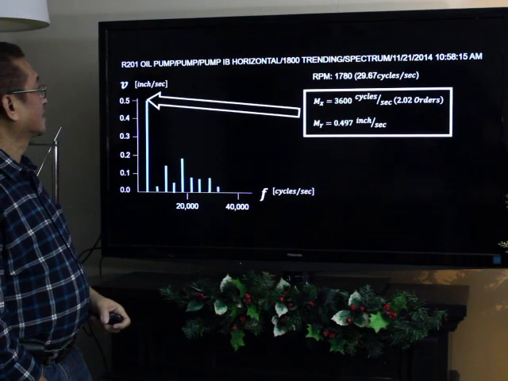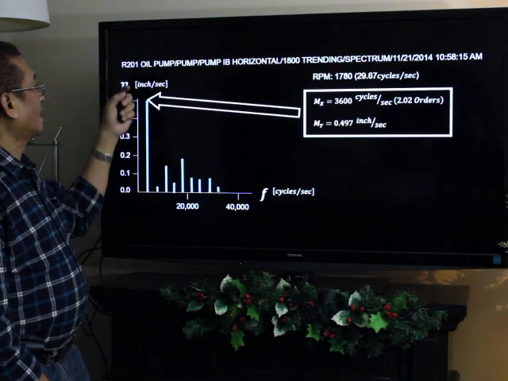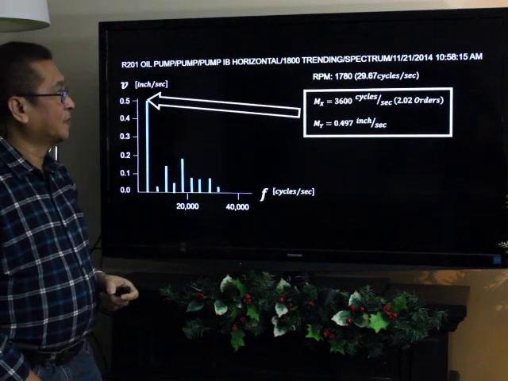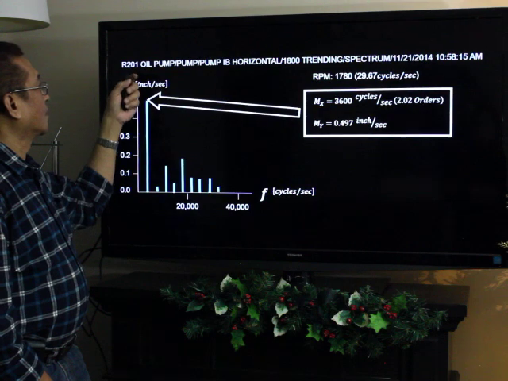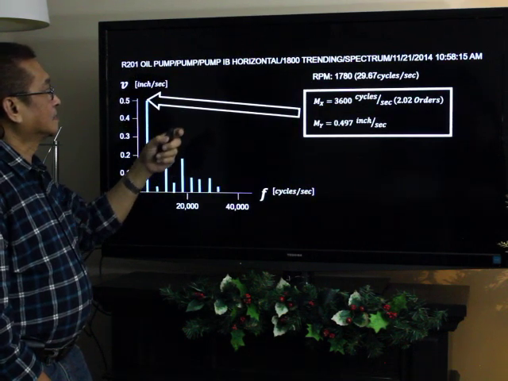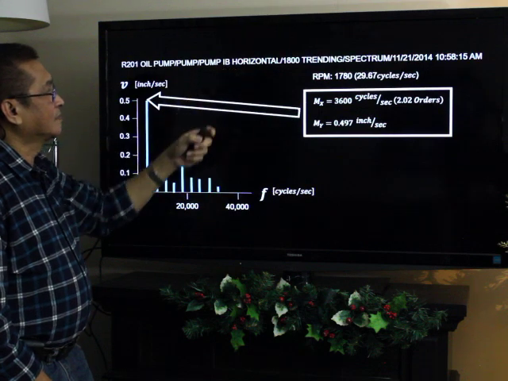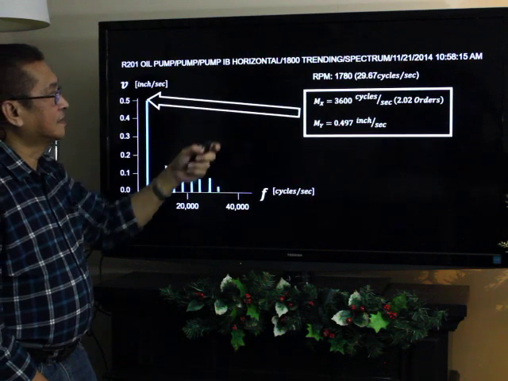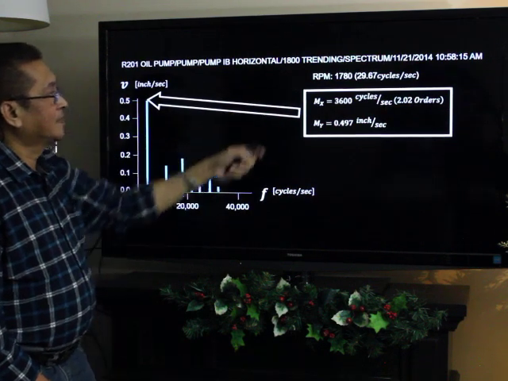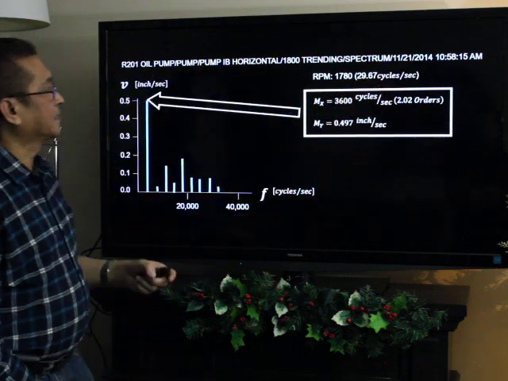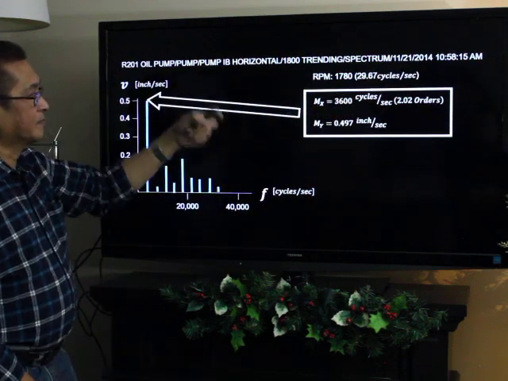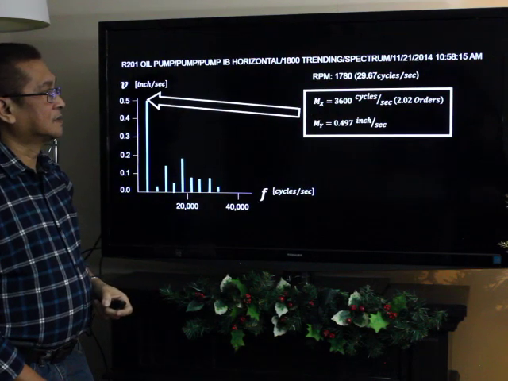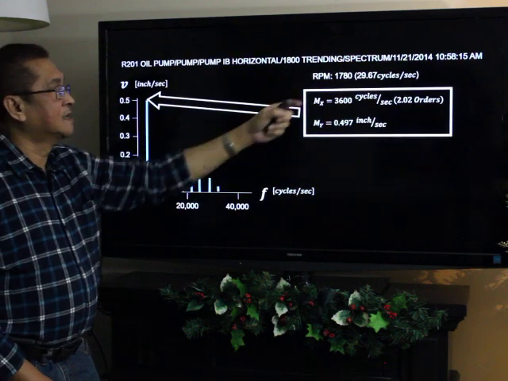So I have here the R201 oil pump. This is an actual measurement of vibration on a certain equipment, oil pump, and it's a horizontal measurement, and the nominal RPM of the machine is 1800, and we have here the spectrum. It shows here the date and the time. Okay, so the actual RPM being measured is 1780 revolutions per minute, or in terms of hertz or cycles per second,